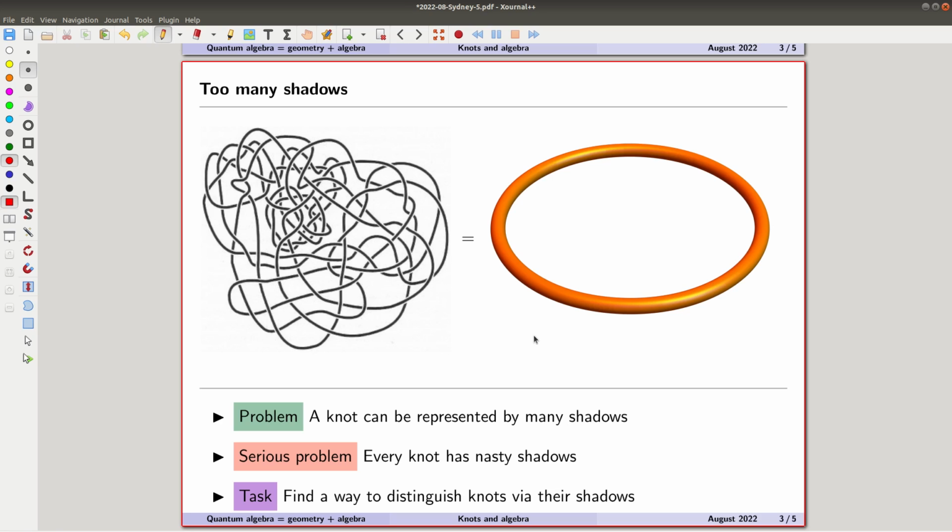But it actually is. And the problem in knot theory that we somehow need to find an answer to is that, well, we study those pictures, but how on earth can we tell what they really are, right? So this one is really nasty, and it's just a really, really ugly projection of a circle. And there's no easy way to tell whether it is a circle or not. A priori,